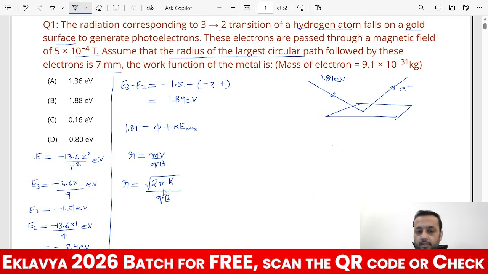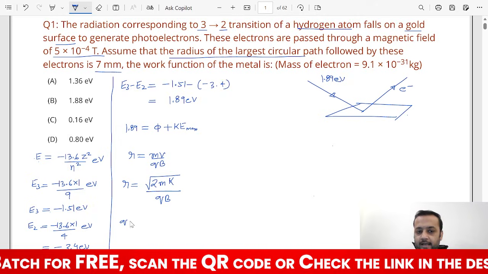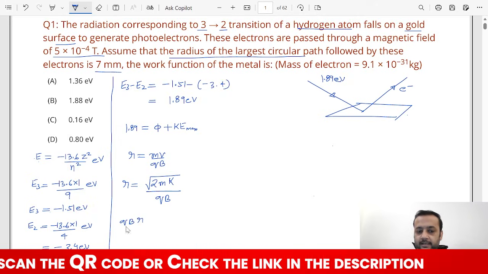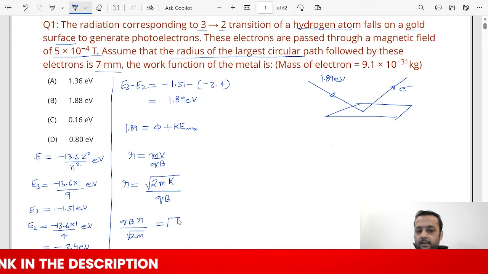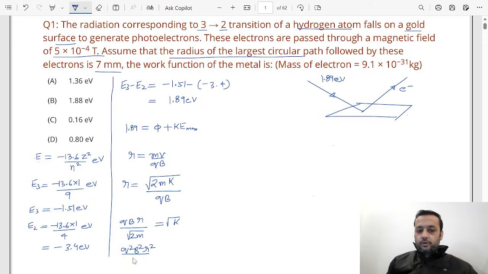Now using this you can see qBr. If I take qB on the LHS, qBr upon root 2m equals root K. If we square it, it will become q square B square r square upon 2m. That is the kinetic energy, and as I said, the maximum kinetic energy means maximum radius. So if we have to find the K max, we have to put the radius max,